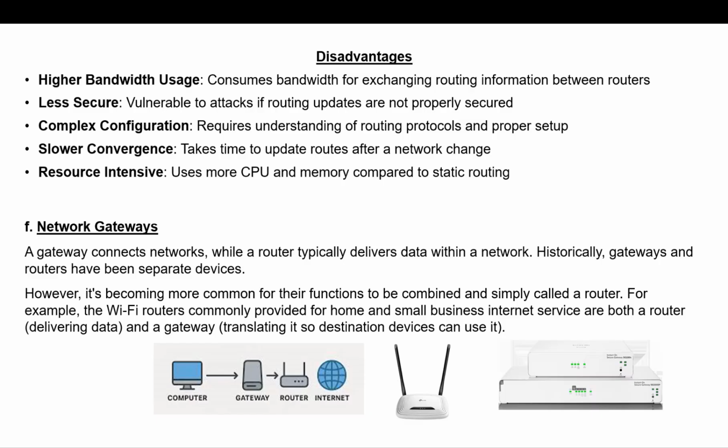So if you change something, it takes time because they all send updates to each other. So you see, it is resource intensive. It uses more CPU and memory, because these routers also have memory, like a computer, because they need to be updating and keeping records. They are alert 24/7 because they scan to know if anything is new. You understand? If anything new, right? So that is the disadvantage of